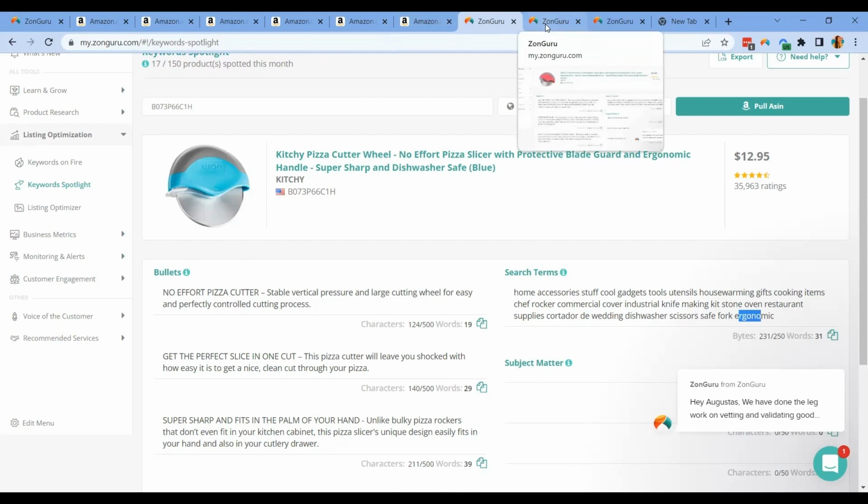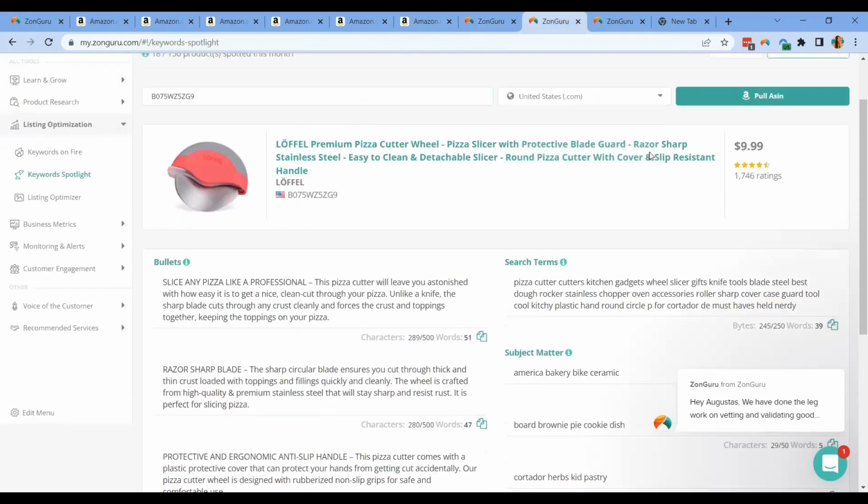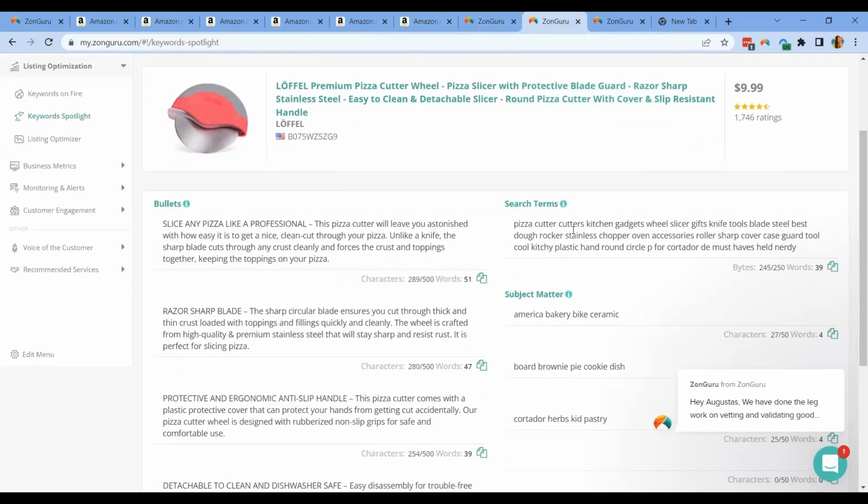So moving on to my competitors, what I will look out for in my competitors' case is to see if they are also using the same keywords that I'm using, or better, if they are using new keywords that I didn't know about that are relevant to my listing. I will be able to try and test those as well and see if they add more traffic and visibility for my listing.